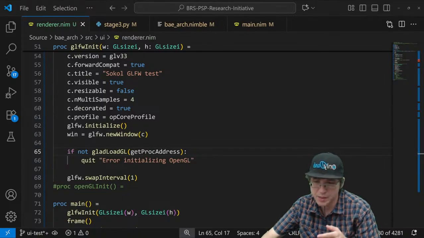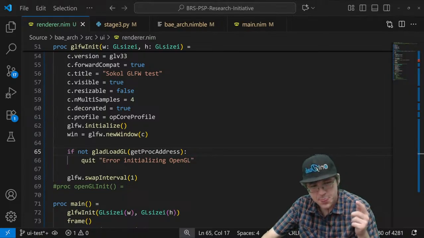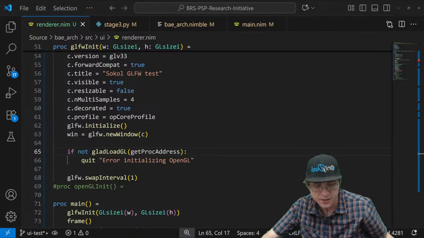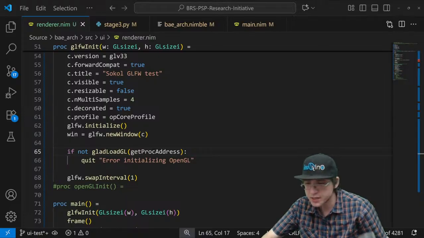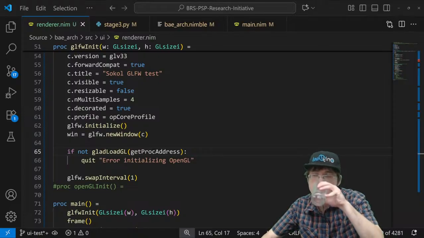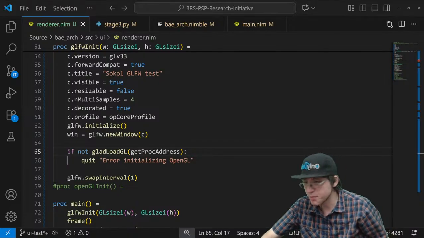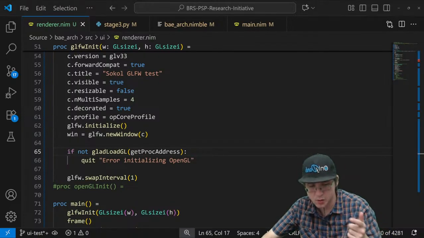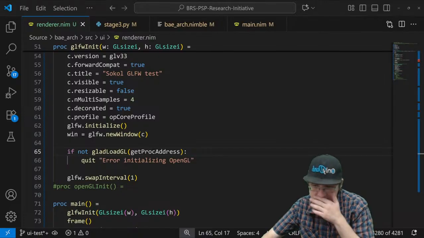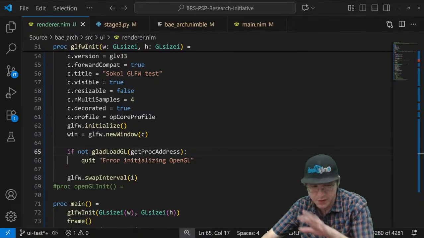It's always going to be somewhere in the user's directory. I don't want that. I want everything, or as much as I possibly can, locked in the build directory. There are some things that are going to go into the user's cache directory, but for the most part, I want to try and keep everything self-contained.